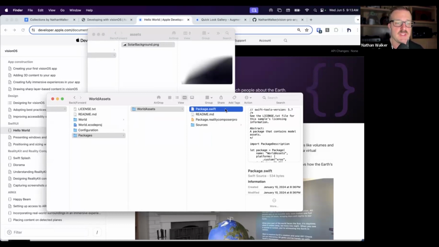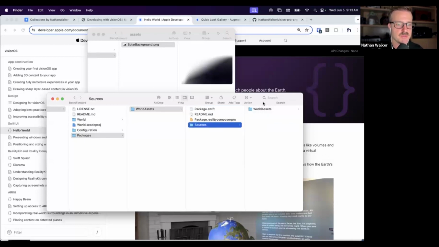Package Swift is Xcode's package manager, so you can include third-party Swift packages into your Xcode project through Swift Package Manager, and it's often defined by a Package.swift. So usually if you see a Package.swift in some code, that's usually a Swift package related thing. So it sort of contains all this Reality Composer Pro